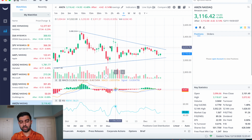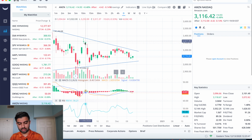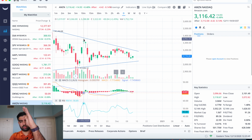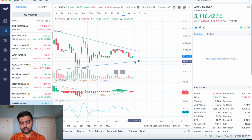And as of right now, it's trading in this wedge, right? It's kind of wedged in. It's finding this line as resistance, meaning it can't break above it. It's finding this level here as support, meaning it's unable to break below it. At some point, it's going to hit one of these levels, right? And it's going to just break out. Now, typically, for a stock like Amazon,